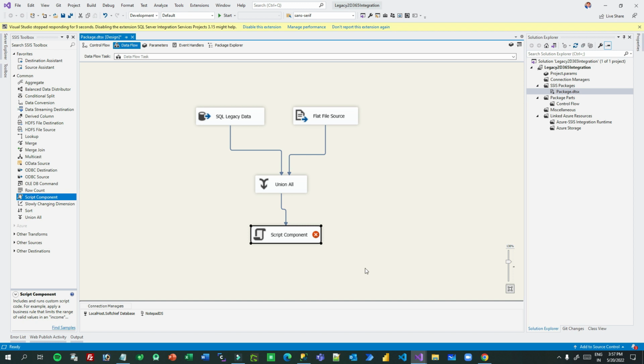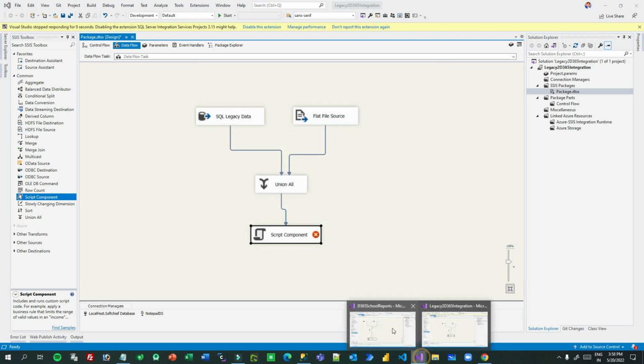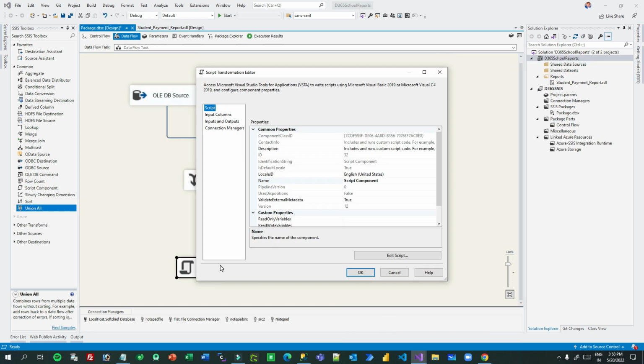How to connect Visual Studio? I'll show you here. You have to just double click and click on edit script. I'll show you what I have already created. This one, double click and click on edit script. If you click on edit script, it will open the Visual Studio editor, and in the Visual Studio editor you can write your script. Like you can